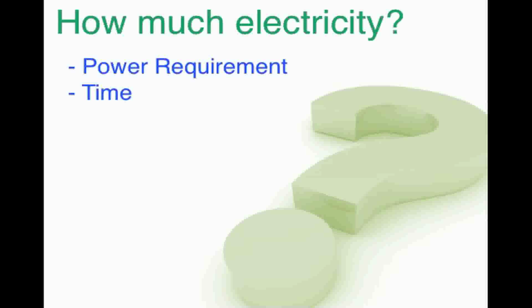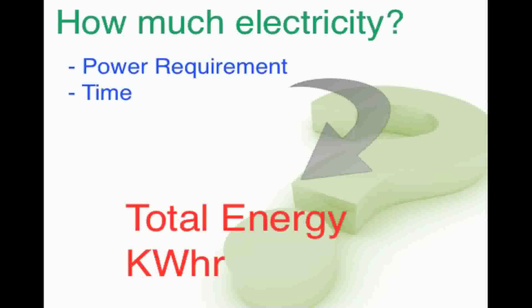something using. We need a few pieces of information before we can go any further, and what we need is first a power requirement. How much power does that device require? We'll look at where we can find that information and figure that out. Then we'll need to know how long we're going to be using the device. How much time are we going to be using it? With those two pieces of information, we can figure out the total energy that a device uses in units that